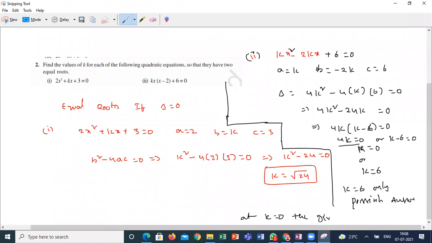So how can you mention it, guys? Anyone can repeat? How can you write the answer? K is equal to 0. At k is equal to 0, the given equation is not a quadratic equation because 6 is not equal to 0. For k is equal to 0, the given equation is not satisfied. Yes, sir, it's not a quadratic equation. The best way is: at k is equal to 0, the given equation is not a quadratic equation. Simple.